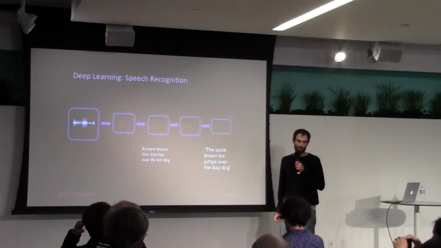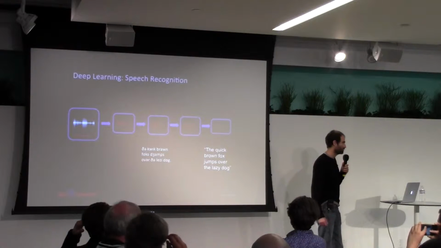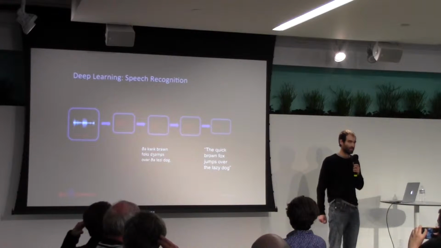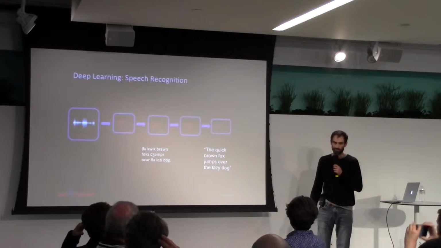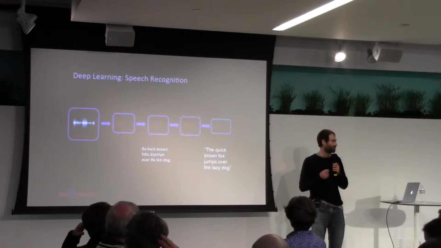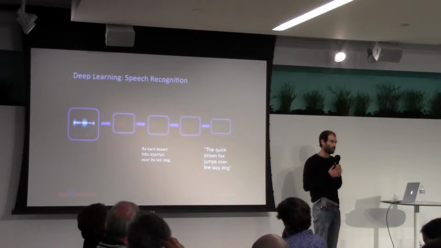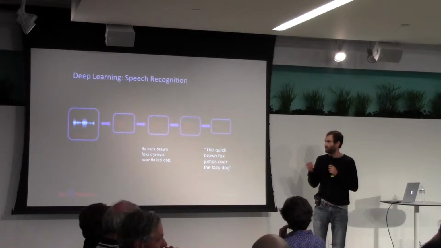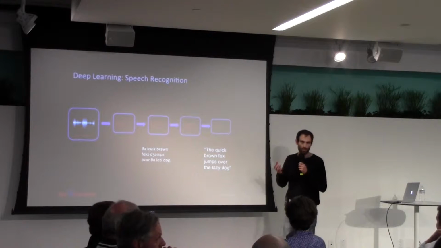The job of the acoustic model is to predict what phoneme might be present in that audio. A phoneme is just a unit of sound, and the acoustic model has to say what phoneme might be present. The acoustic model then feeds its predictions over phonemes into some kind of phoneme model. And this phoneme model can be as simple as a lexicon, a dictionary where you might look up words